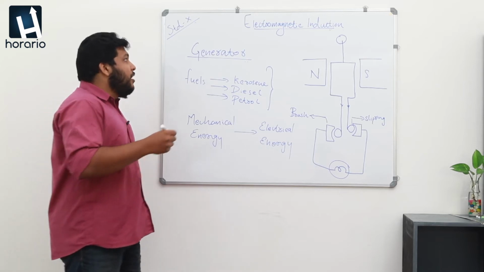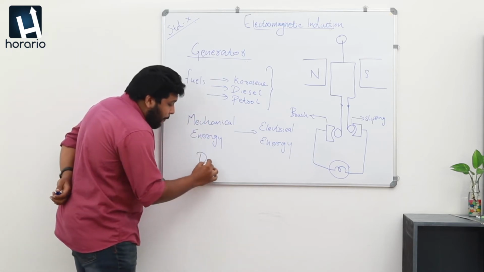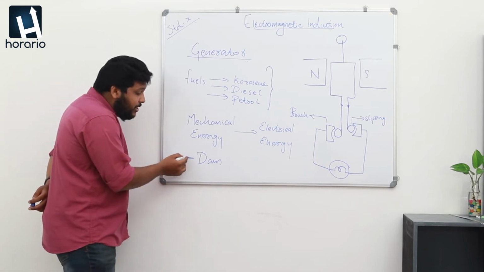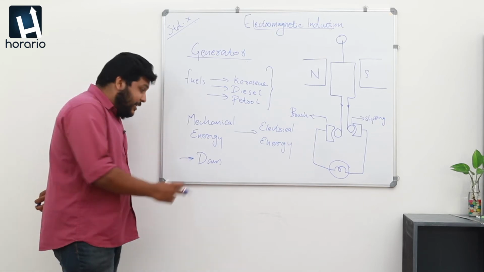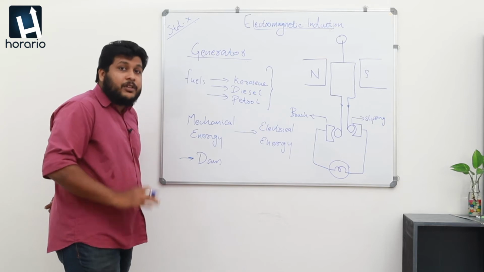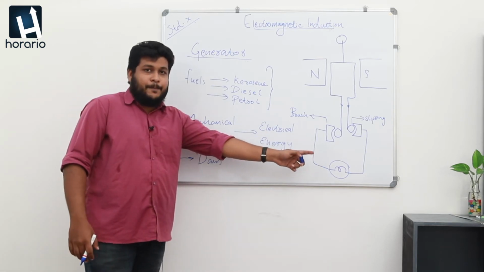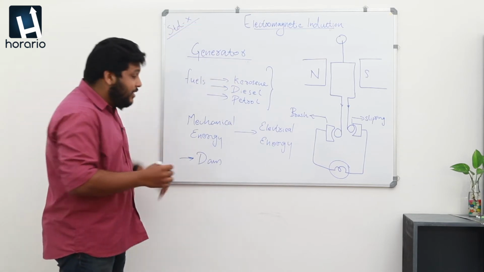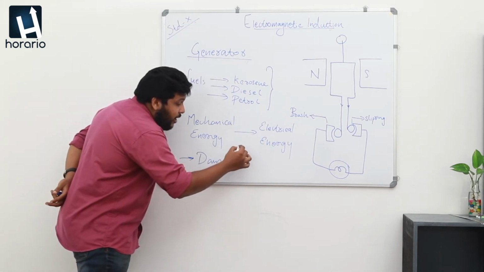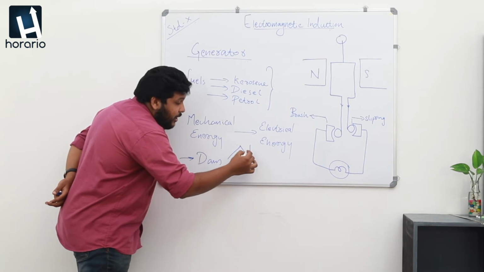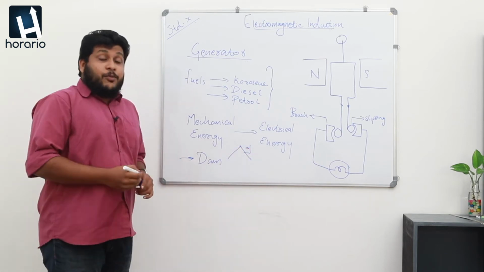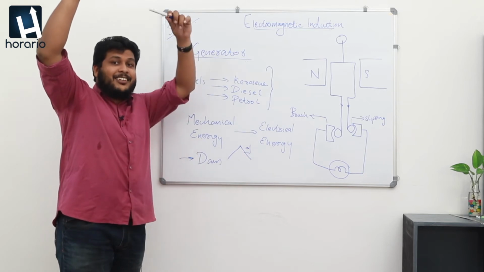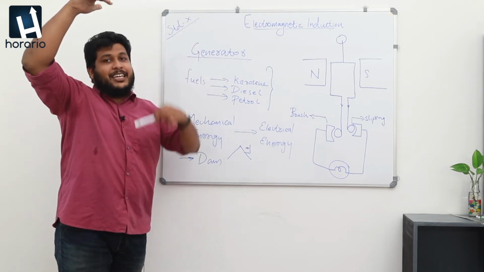For example, you all know a dam. You all are familiar with the name dam. What is the importance of this dam? Dams are constructed for the production of electrical energy. When the dam is constructed, the water is placed in a high altitude area. When the water is placed in a high altitude area, as the height increases, the potential energy increases.